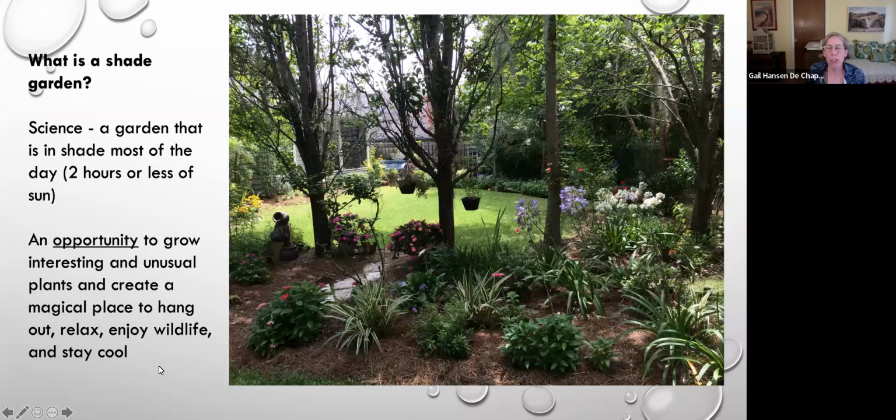And so I thought I'd start by thinking about, what is a shade garden exactly? I think we've all probably heard this saying that to be considered to be in shade, you have to have 6 hours or more of shade for it to technically be a shady area. And the same with sun, 6 hours or more of sun for it to be in a sunny spot. But I think that